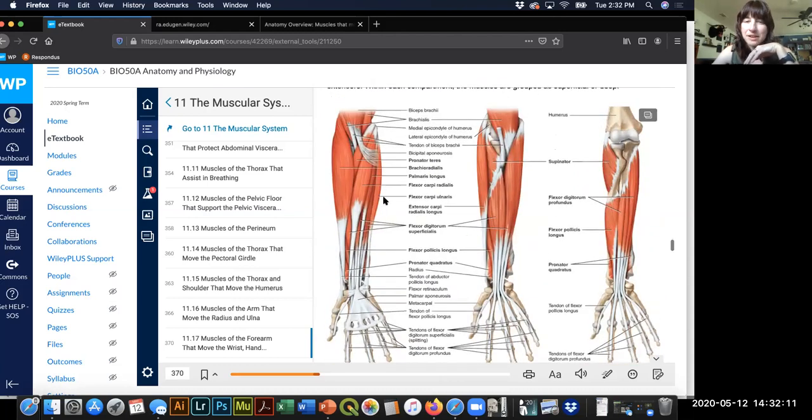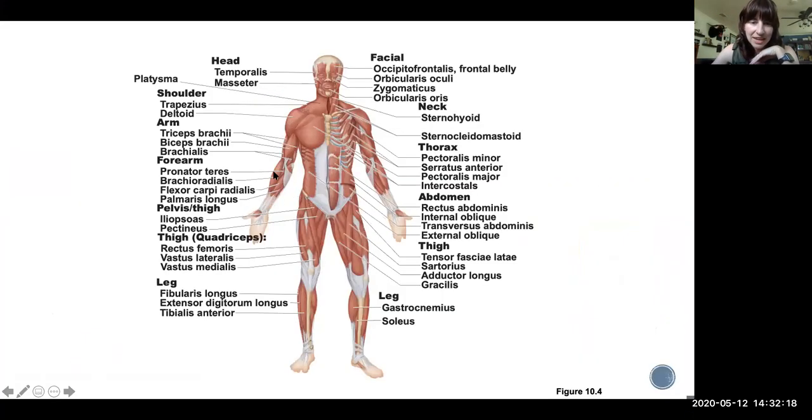Obviously, we're not going to be memorizing all of them. And I don't think we're actually looking at any that are particularly deep, none that you can't see from the surface as per our PowerPoint presentation, okay? So we've got